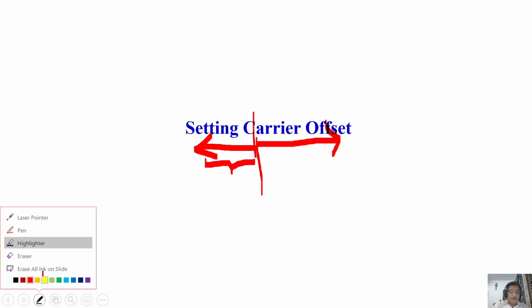Okay. Now, another point I wanted to tell you is that we need to set the carrier offset. Remember we discussed the rotating frame, etc. I need to bring the carrier exactly on resonance. Then frequencies on the right side are the faster component, positive frequencies on the right side of this carrier. On the left side of the carrier frequency, these frequencies are negative. So these are all positive and negative frequencies, I will say.